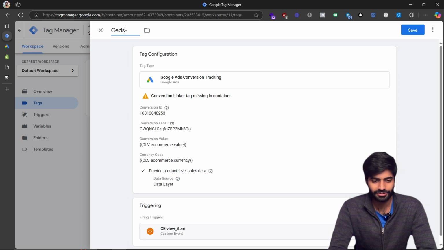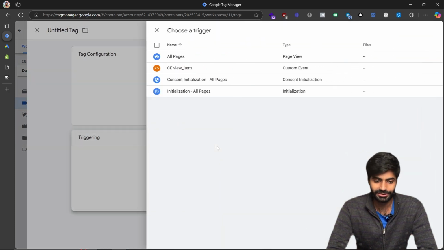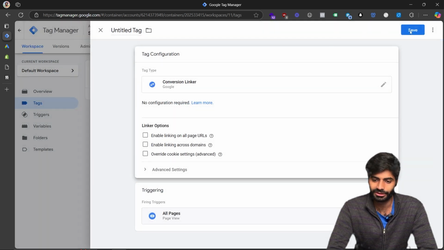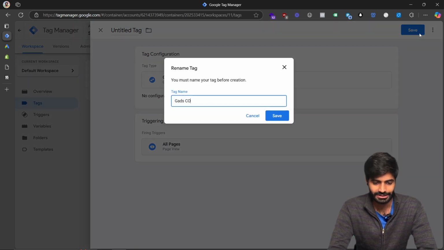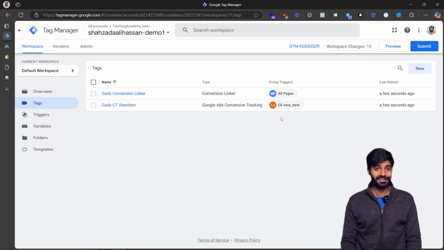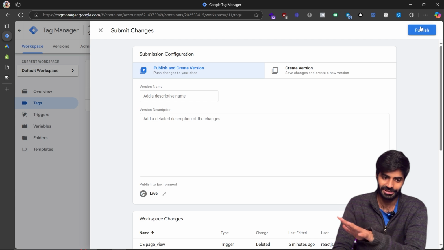Let's rename this as Google Ads conversion tracking for view item. Great. You might notice that there was one warning for the conversion linker. So let's just create one conversion linker, which is a necessary thing for all Google Ads conversion tracking tags. So let's call it Google Ads conversion linker. Great. Doing this should ideally configure the tag, but let's just submit changes to make sure everything is working